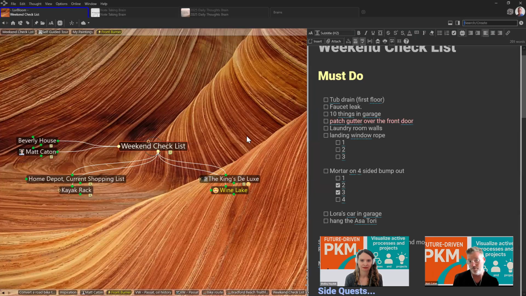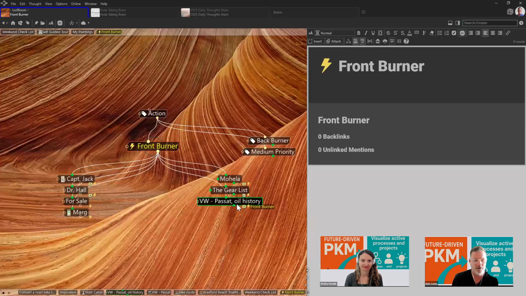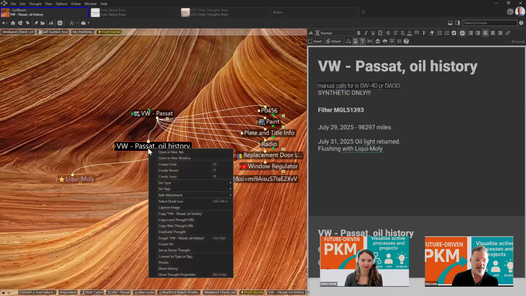Can you link thoughts from one brain to another? Certainly. So let's say today I worked on my son's car. Since we talked about that a little bit, I'm going to go to front burner, oil history, and this is the thought that I want to link to in my daily journal. So I'm going to right click and copy the local thought URL.